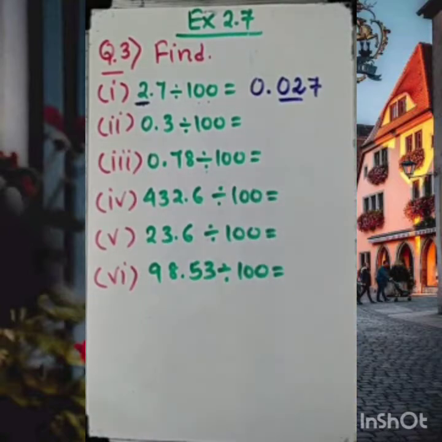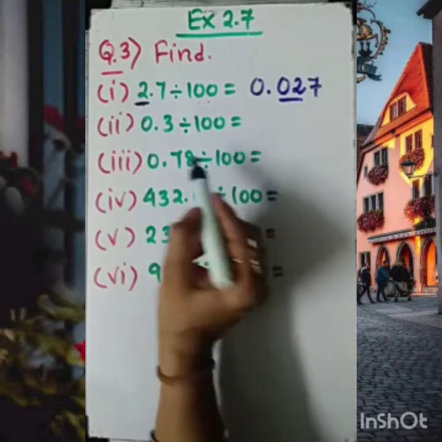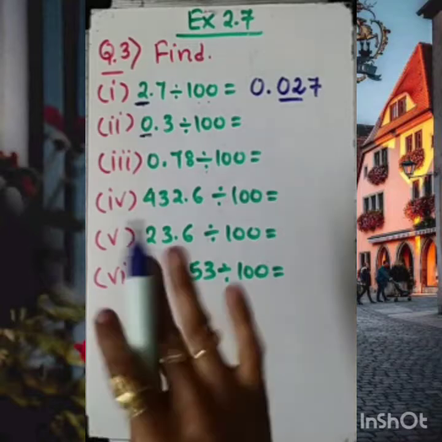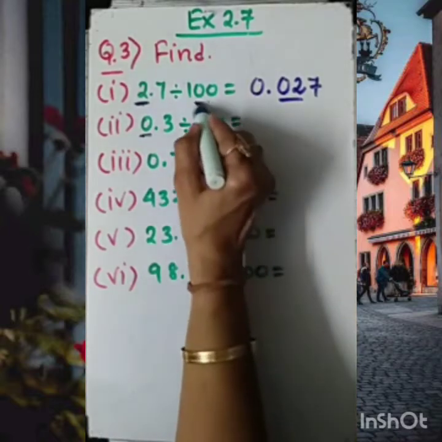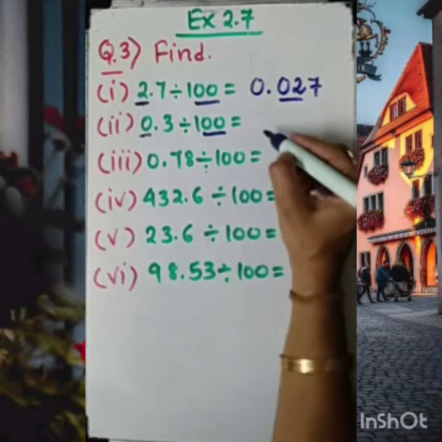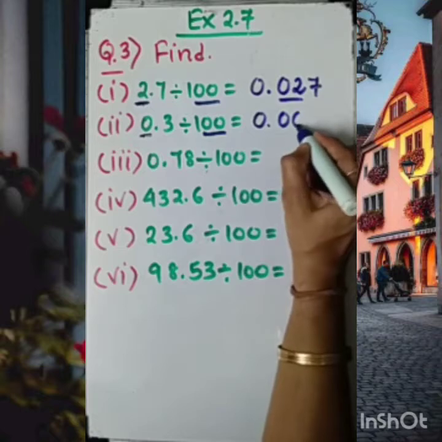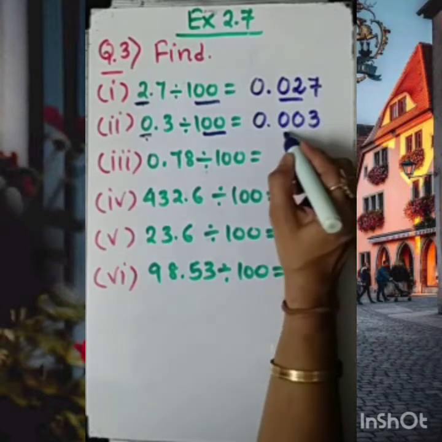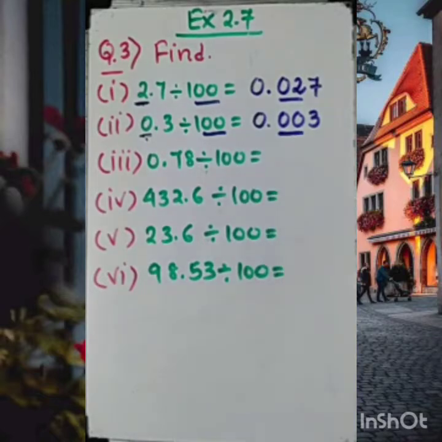Just try to understand with this also. 0.3 divided by 100. Before the decimal 0 is already given. So one 0 I can shift. What about the second part? Because two digits I have to shift, one more 0 I need to shift with that. That is this 0 and this 0, and this 3 is already there. You can see these two zeros shifted here.